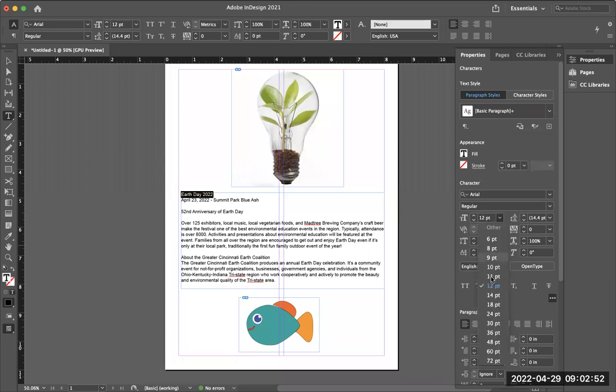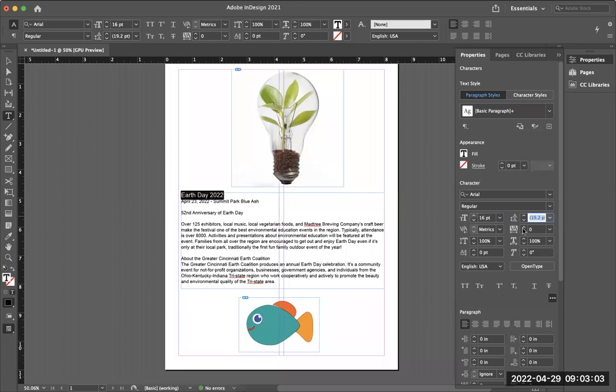On the pop down menu, 16 points doesn't show up there, so you're going to highlight that, put 16 in there, then press your tab key to apply it. Then we're going to come down here on the paragraph panel, and we're going to click the second button, which is the center button. You do not use the space bar to center your text because it never is a true center of your page,